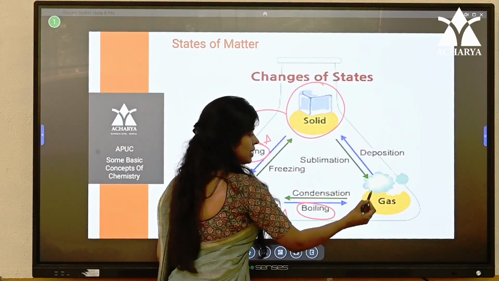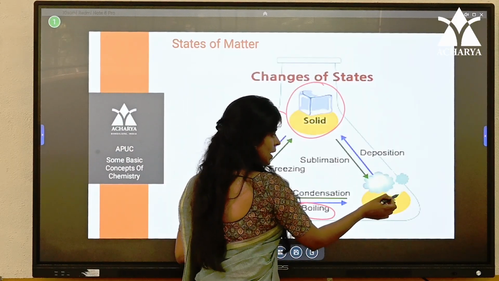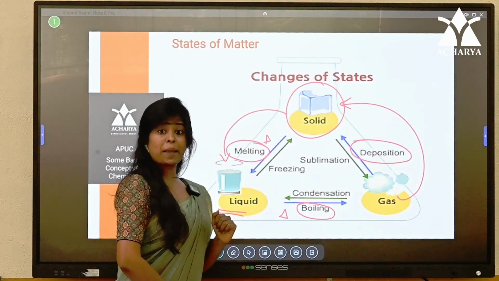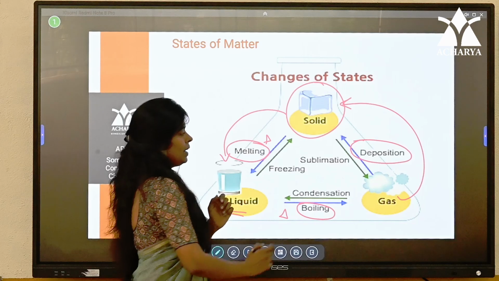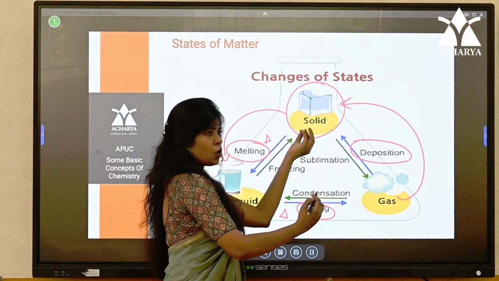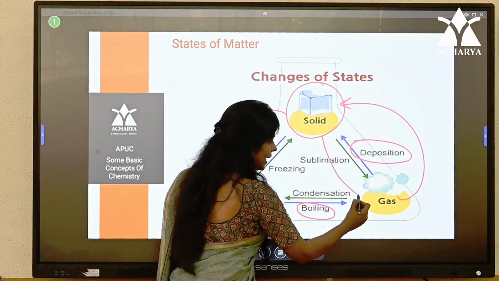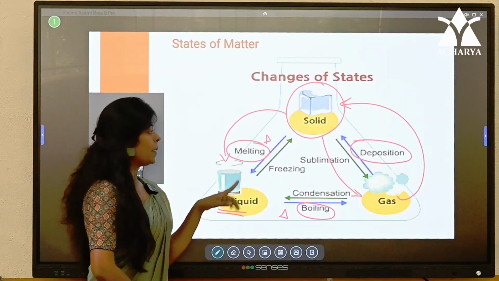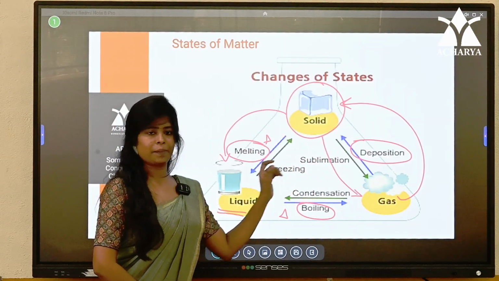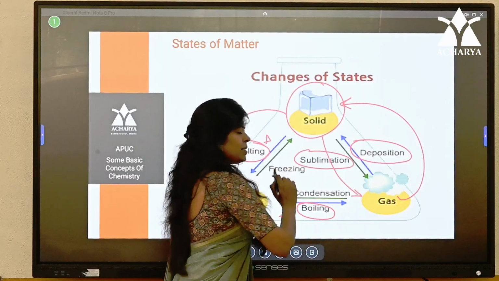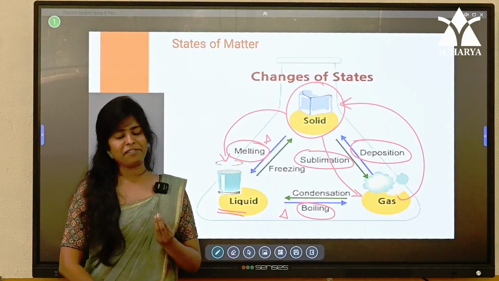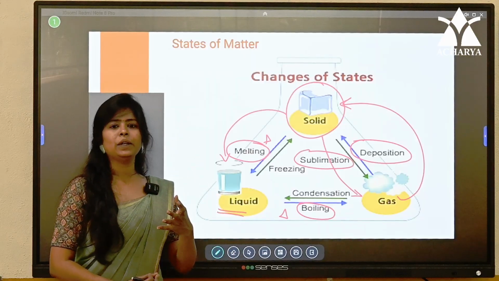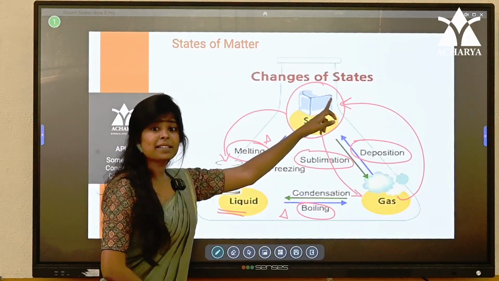Again, if you take gas, the conversion from gas to solid, this process we call deposition. Again, if you are taking any solid material and converting it directly to the gas without going through the liquid phase, that we call sublimation. So the best example for sublimation is camphor. If you take camphor and keep it out for some time, you can see the solid camphor gets converted